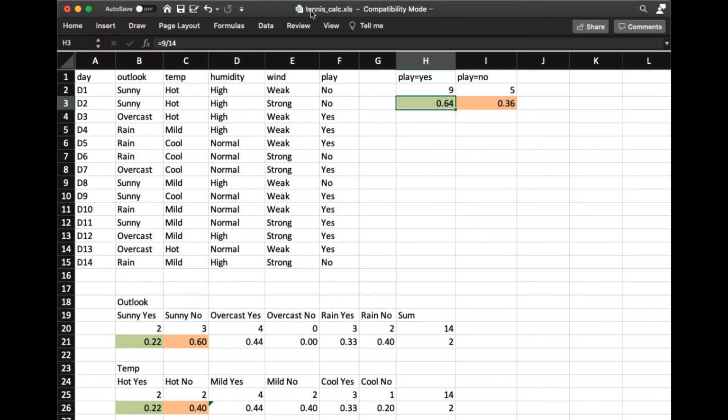This is the tennis calc spreadsheet that's in Piazza, and you will have a different data set that's a little bit smaller. It won't have quite as many rows or quite as many columns, but you'll be answering questions that this spreadsheet answered, so it's a good idea to go through this and see how it's constructed. Basically, I used a spreadsheet to do naive Bayes in order to help people understand how naive Bayes is really